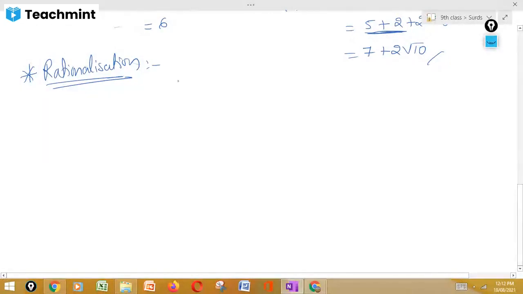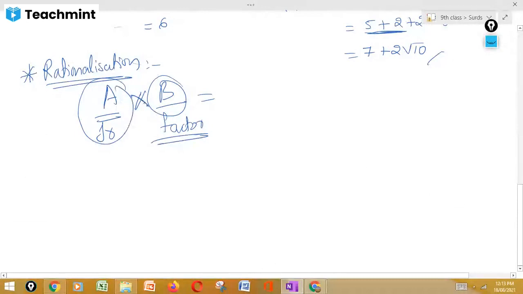So I am just going to give an example now. Suppose this is an irrational number. I am going to multiply it by some other number. Let me take b as another number. So when you multiply by one factor, I'm going to call it a factor. There is an irrational number and we are multiplying by another factor, where the result, suppose it is c, will be a rational number. So this is nothing but rationalization. The process of multiplying a factor to an irrational number to convert it into a rational number is nothing but